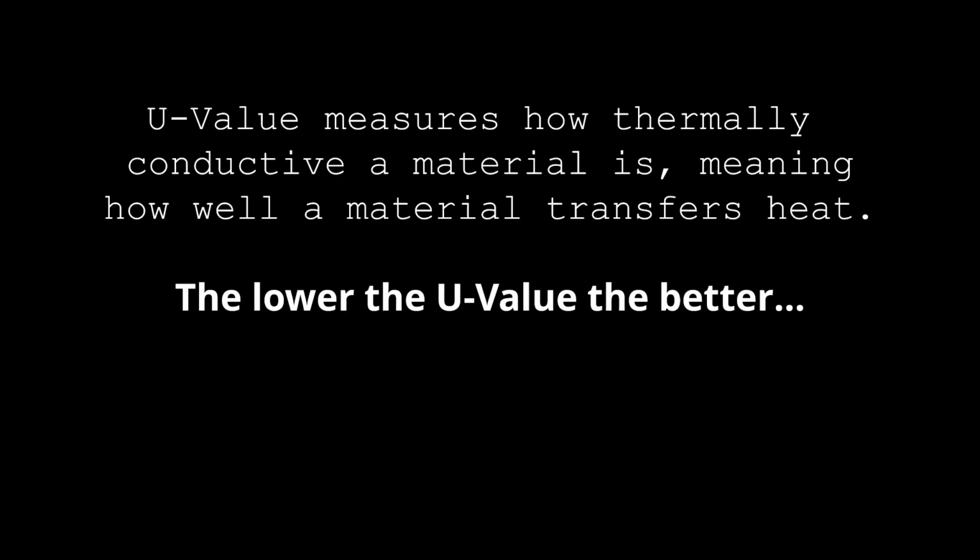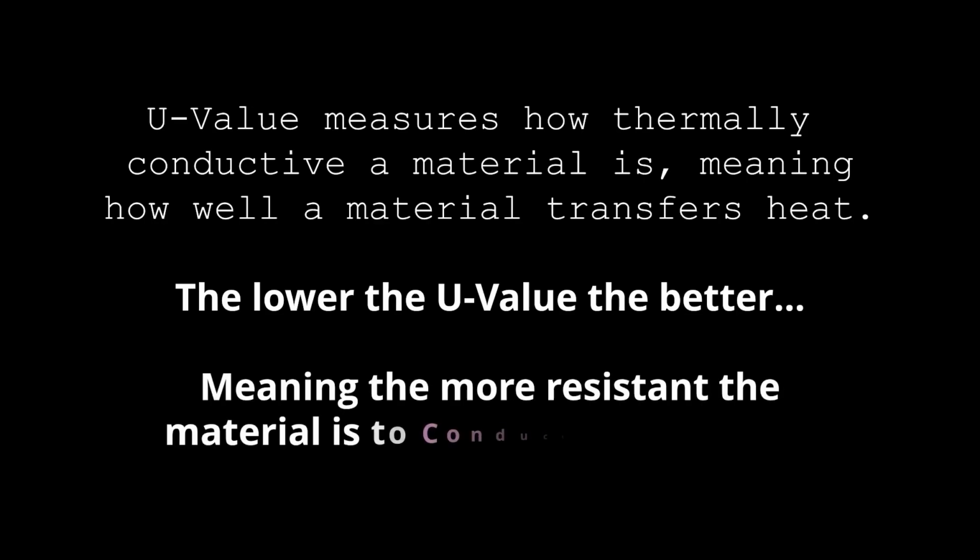We want it to protect the home from the outside elements, keep the heat in. We want it to slow the loss of heat from the home in the wintertime and slow the gain of heat in the summertime. So the lower the U value, the better, meaning the more resistant the material is to